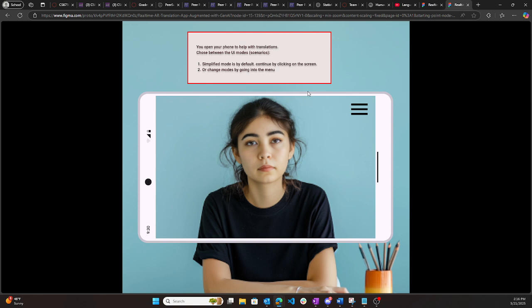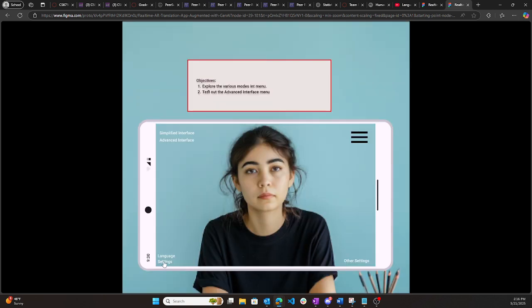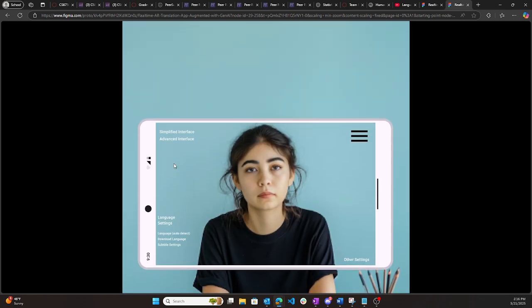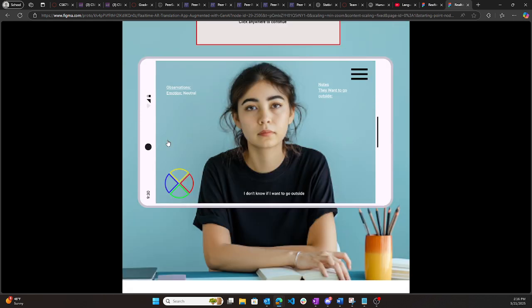Now we're going to go ahead and test out the other mode. Before we do so, just a couple of things. We have the language settings. You can download the language, etc. And there's other settings in here as well for configuring your device and some privacy and security settings. So if we go over to the advanced settings,